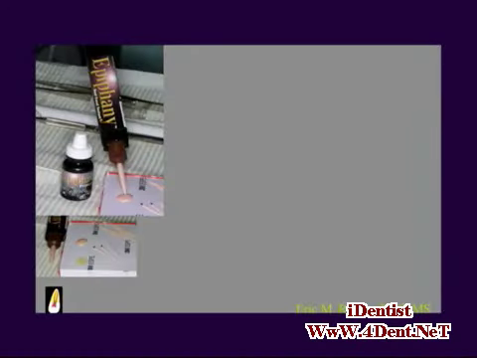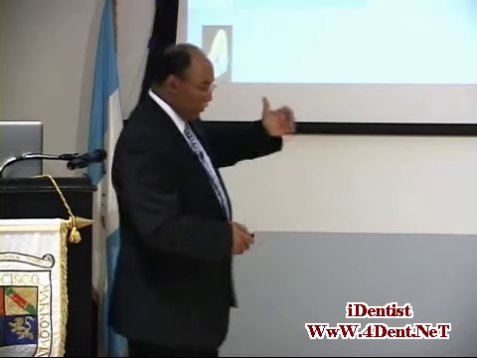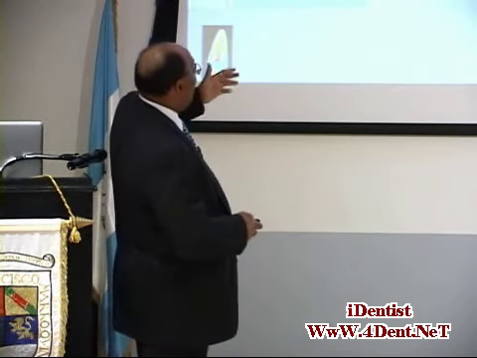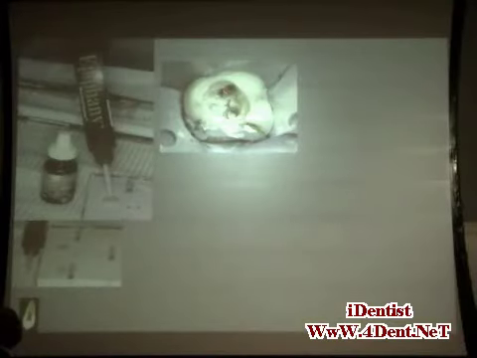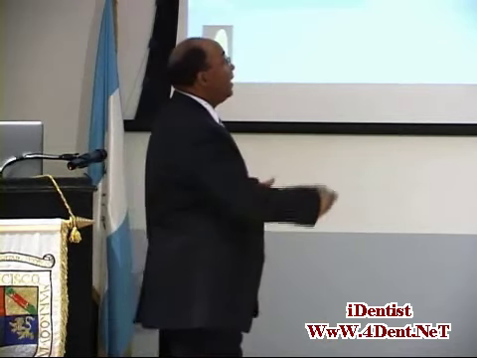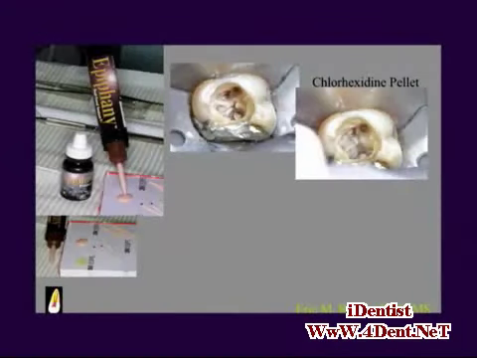We are using a material called Resilon, which is more composite-like than gutta percha, but the idea is that you're going to end up filling the case, removing the excess root canal filling material by searing off the material with heat, and you're left with this sealer that is in the chamber space. I have found that one of the best things to use to remove that excess sealer is a chlorhexidine pellet to clean away the excess.